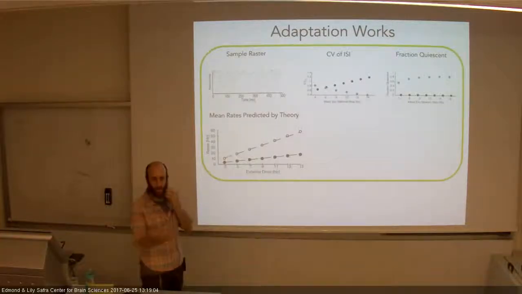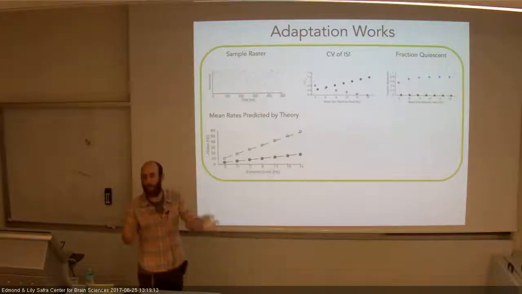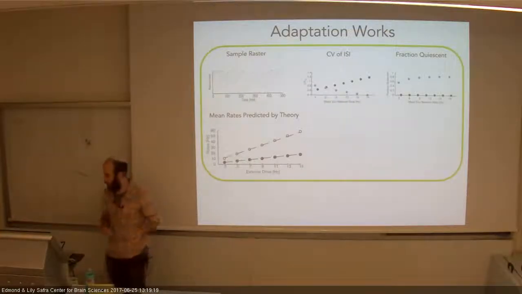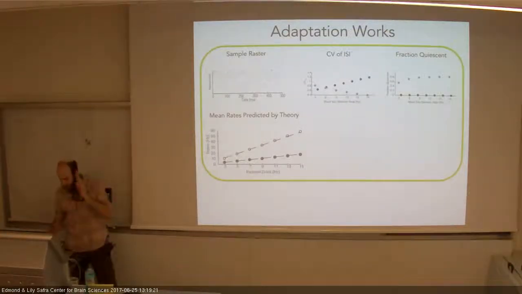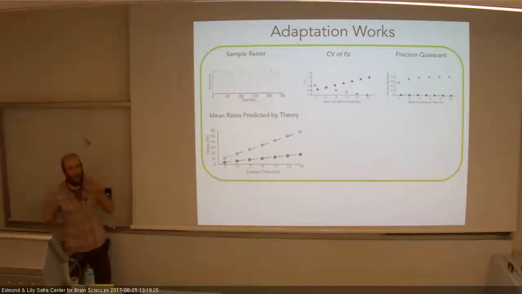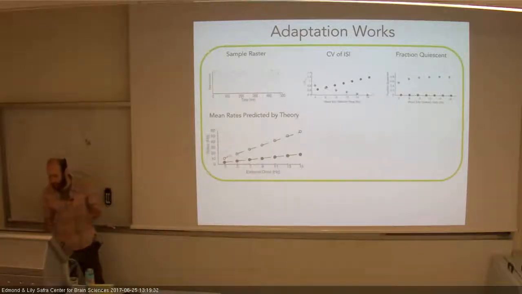But it turns out, in the net collaborative network effect, the adaptation current winds up, in the balance, bringing up their net input so that they're also able to fire and have their net input be close to the threshold. So that's an interesting